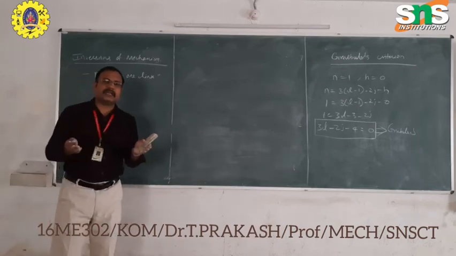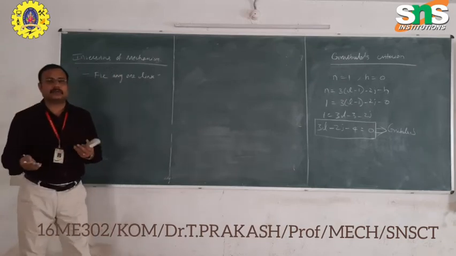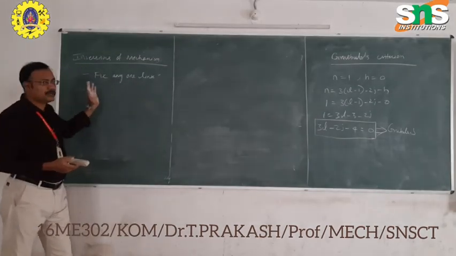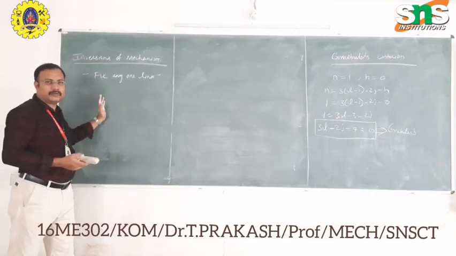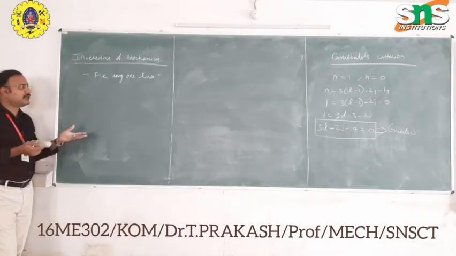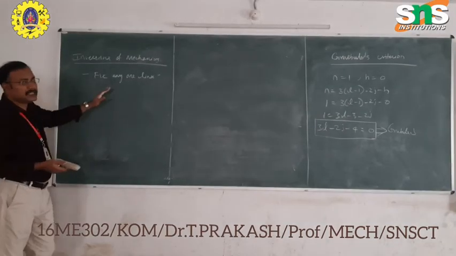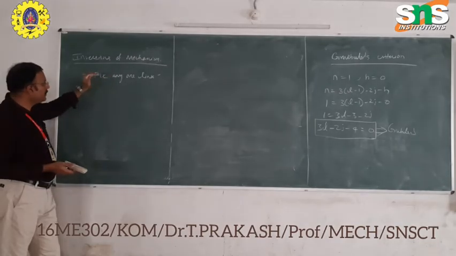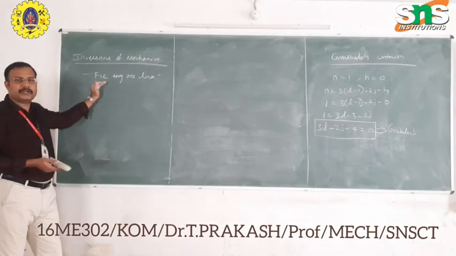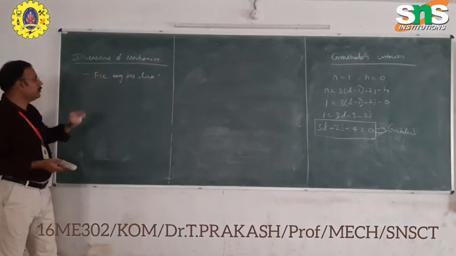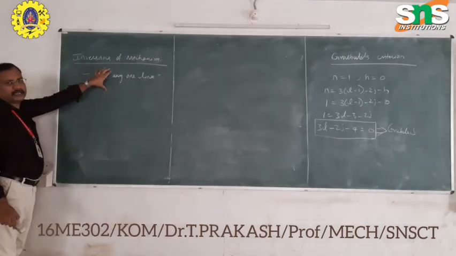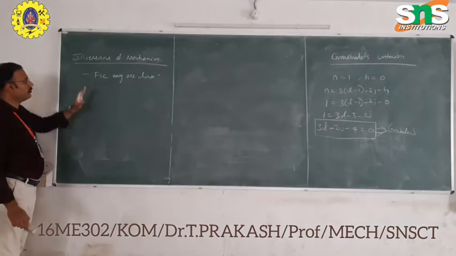If you are not fixing any link, there will be a zigzag motion and the motion is not possible, or we cannot convert the single input to an exact output. We cannot directly take the output from the mechanism. The linkages will move in different directions. The mechanism is not possible. Therefore, we have to fix any one link for the mechanism to be possible, and then we can convert the mechanism into a machine. Therefore, in inversions of mechanism, we have to fix any one link. This is the inversion.